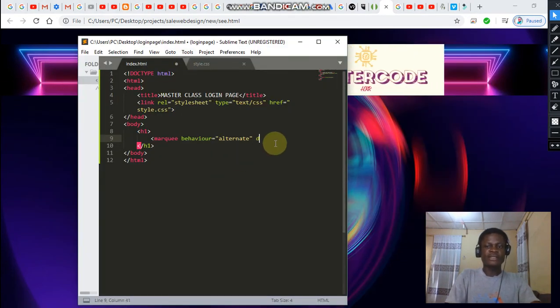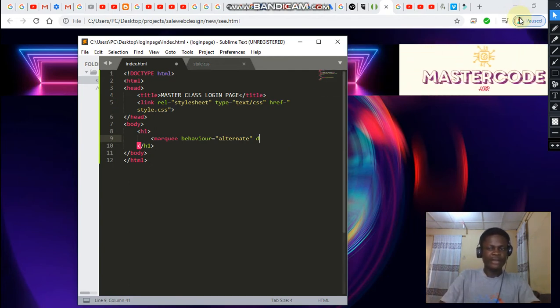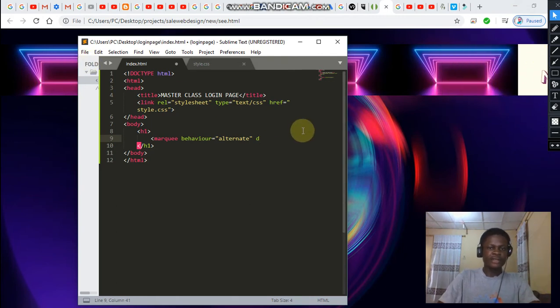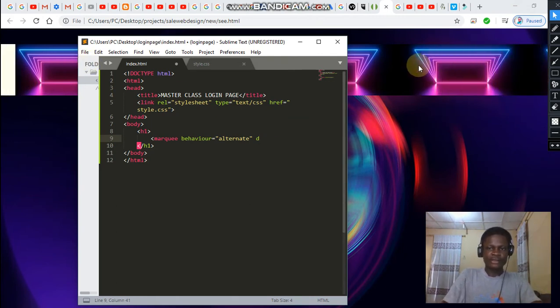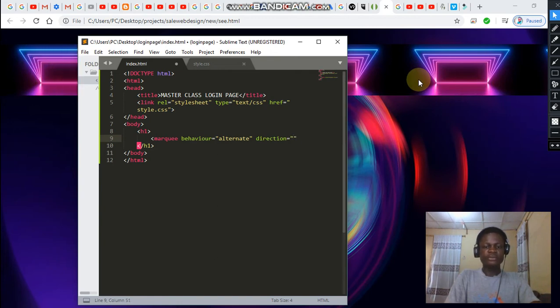Right after, in the direction, you can see the direction is going towards my right. I can change this direction to move to my left, but we're going to make use of the direction we use here. Direction equals to right. Then